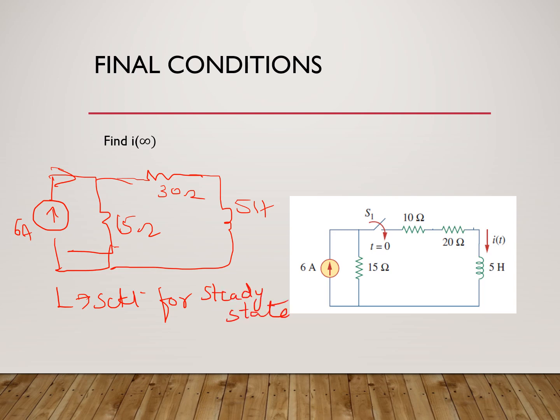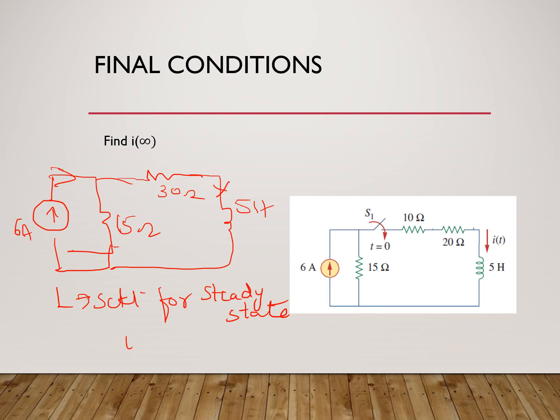So we are finding out I infinity like this. So this is the current through the inductor. Now if the inductor becomes a short circuit, since it is in series with 30 ohm, the same current will flow through the inductor. Now how do I find it? The current 6 ampere comes here and splits into this and this. So the current through the 30 ohm is the same as the current through the inductor, which you can calculate